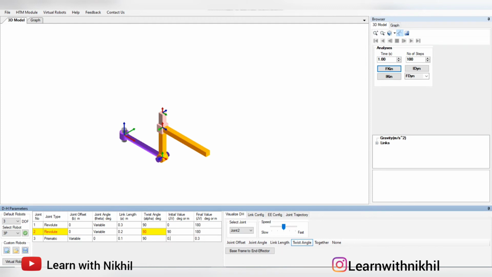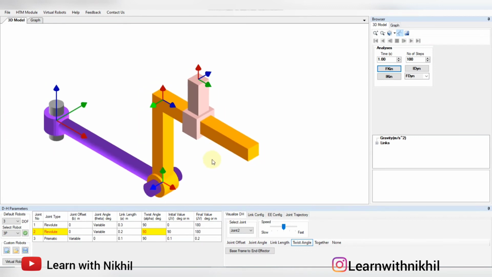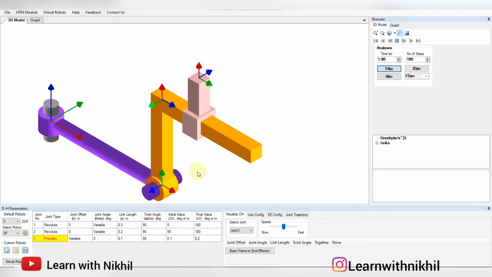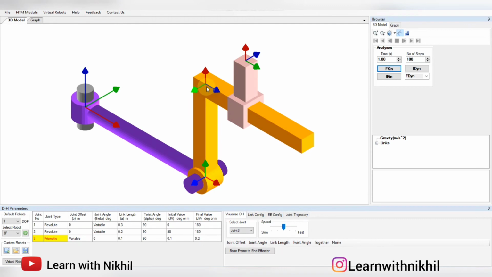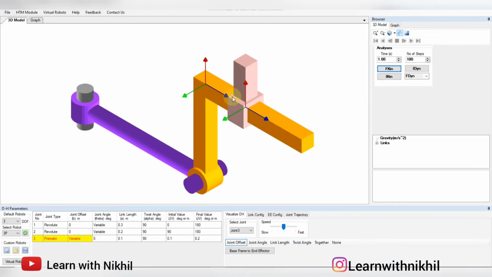But now we have 0.1 and this is 0.2. So now this is the start position and this will be the end position. So for joint number 3, now transferring from this end to this end. So joint 3, joint offset, first it is variable, so it is 0.1, total is 0.3.